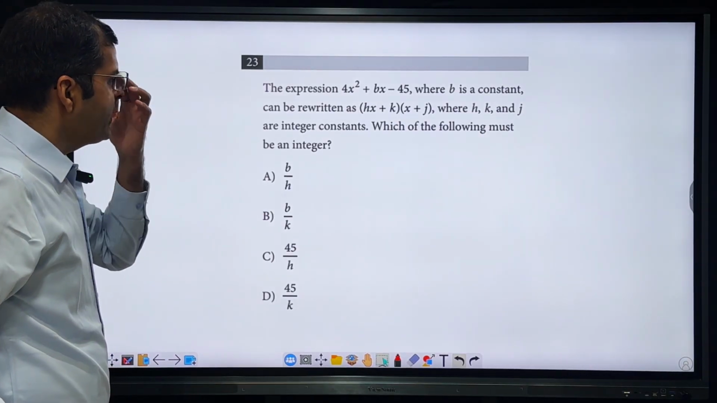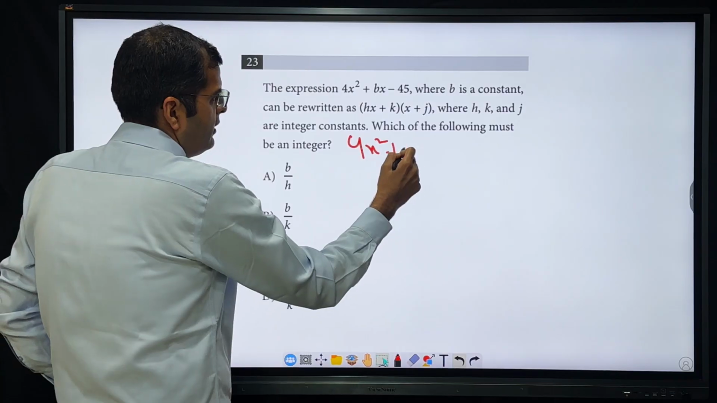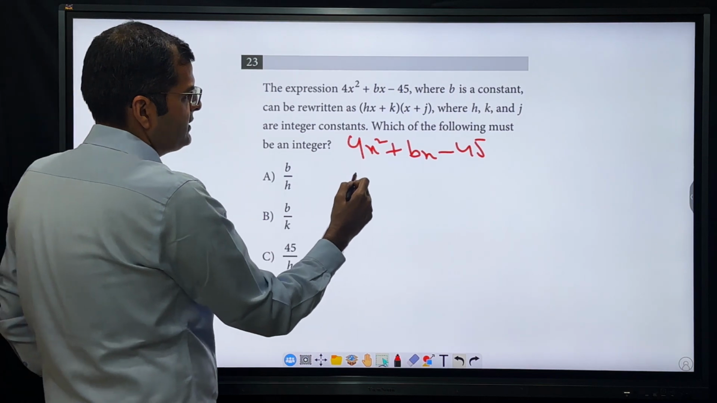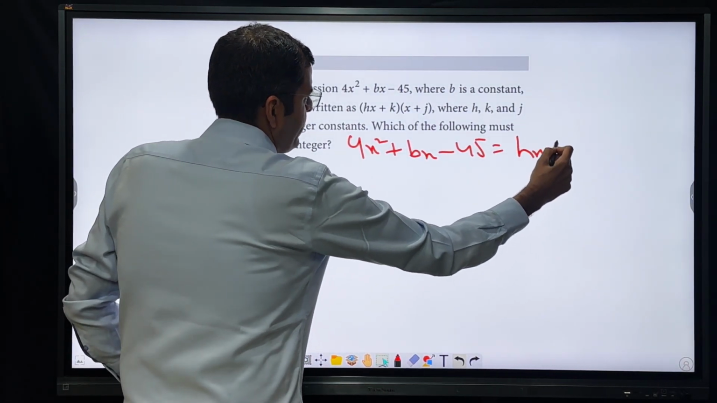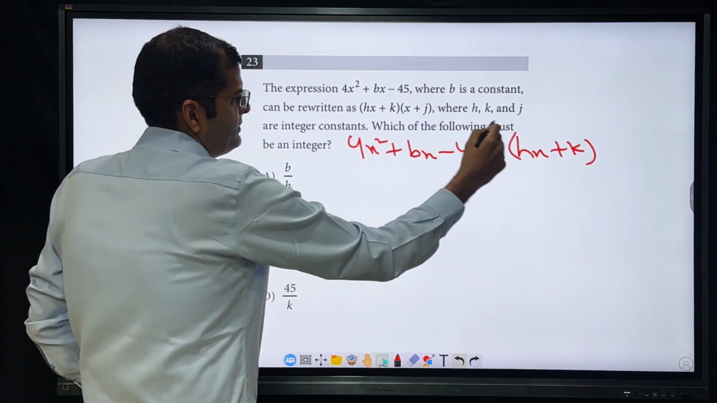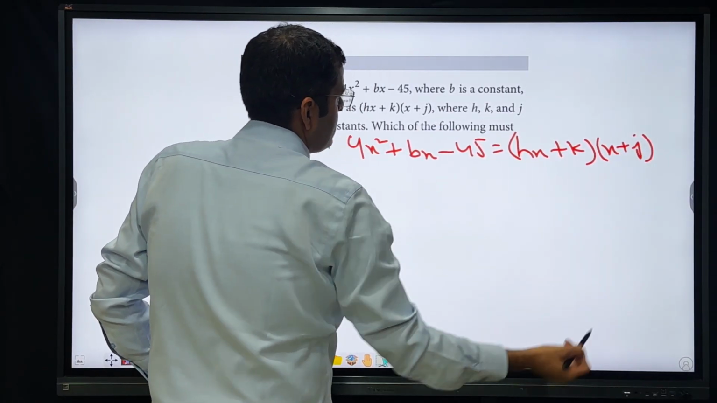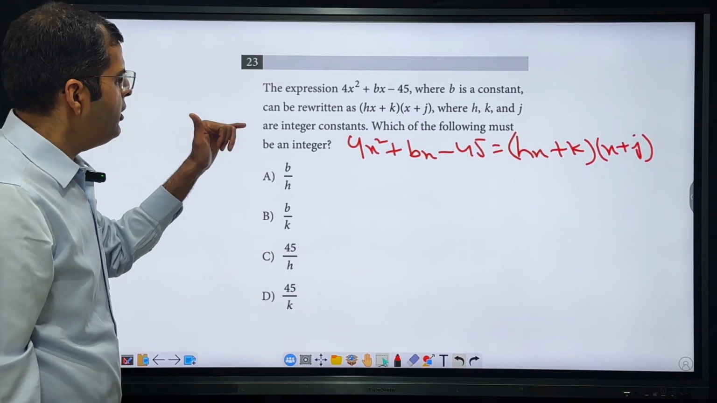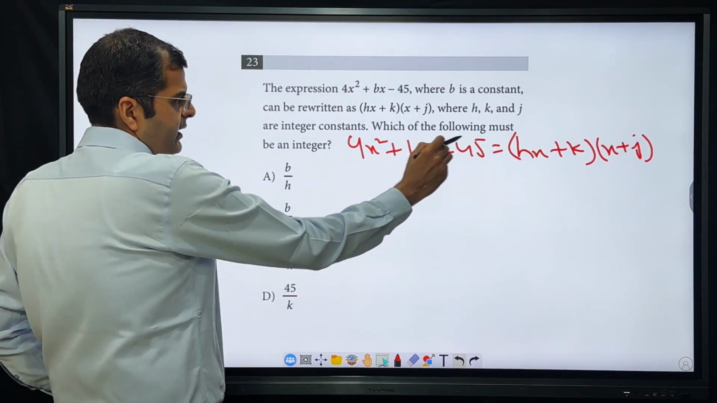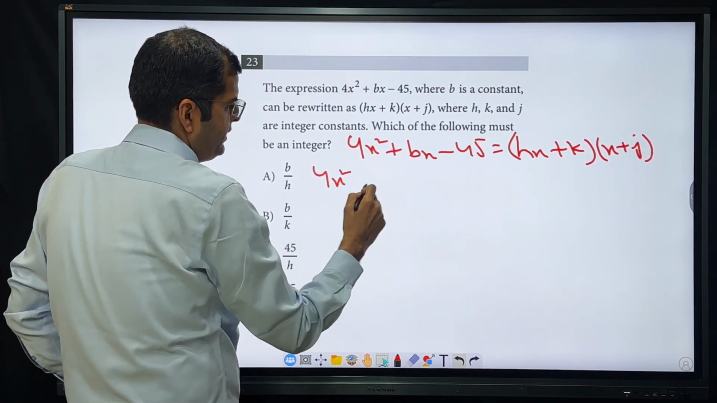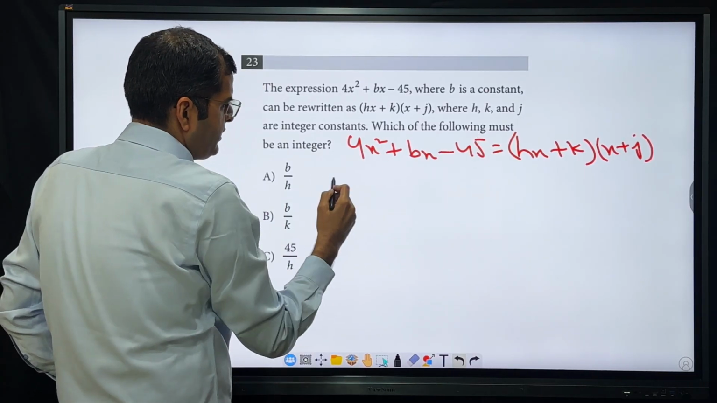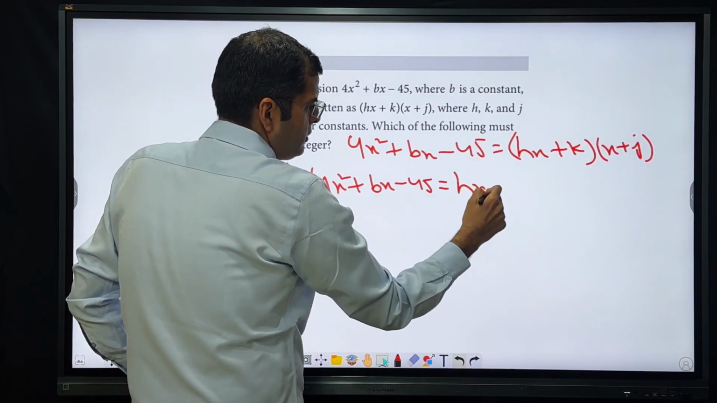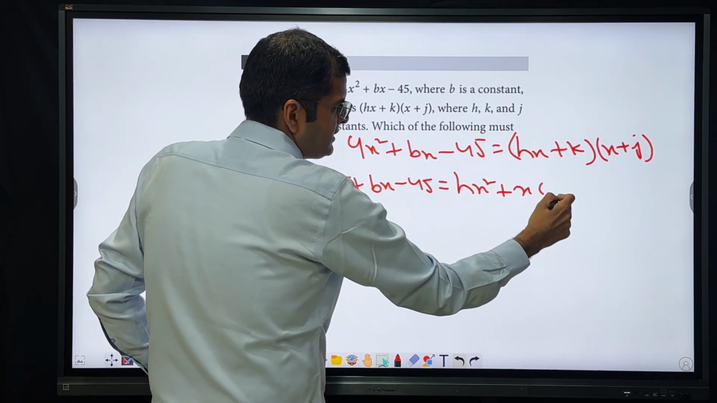Now this question says the expression 4x square plus bx minus 45, where b is a constant, can be rewritten as, which means it is equal to h of x plus k times x plus j, where h, k and j are integer constants. Okay. Which of the following must be an integer? So from here, if I compare, I can first of all open the factors over there. That will be 4x square plus bx minus 45 is equal to h into x square plus x times,